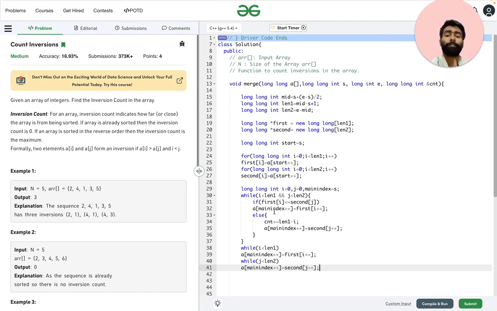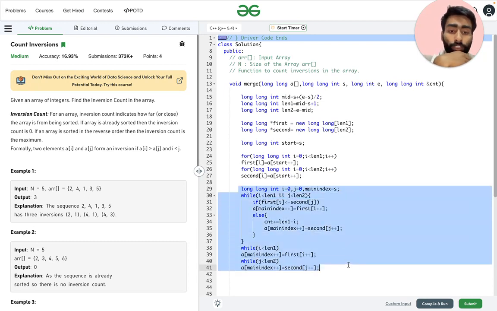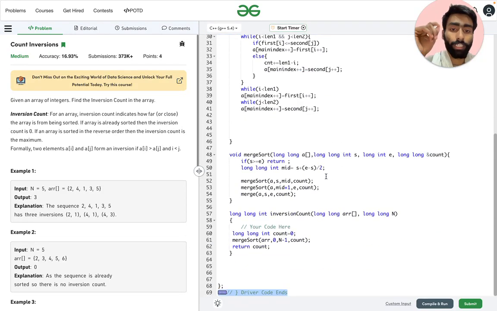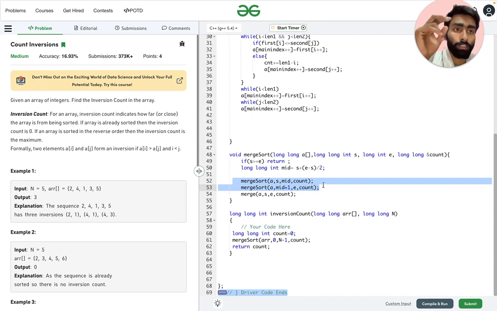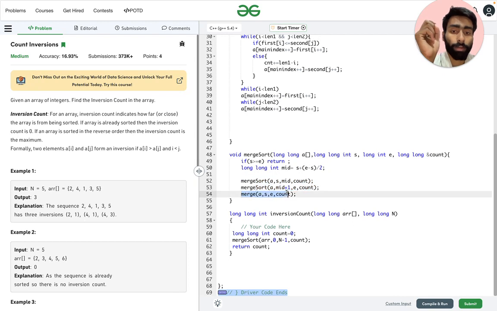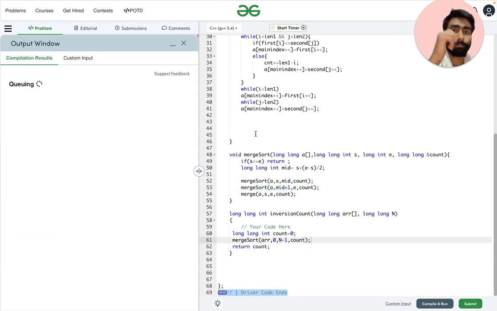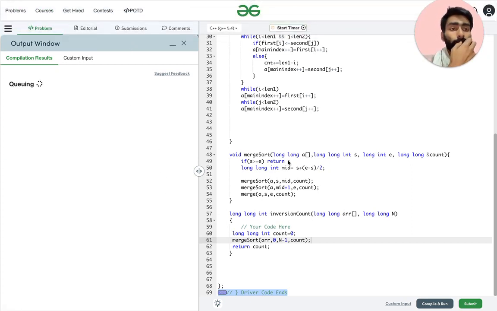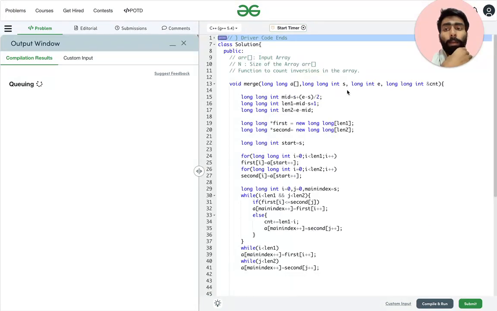So in this way, here we are doing the merging of sorted arrays. This is used to distribute the array into two parts. Here we are using merge sort to divide them into sorted arrays, and here we are doing the merging. From there we are returning the count, and this comes back here, and from there it comes back here. So we get the number of counts. So now compile. You can also try the naive method first, then switch to merge sort. This is the basic application of merge sort.